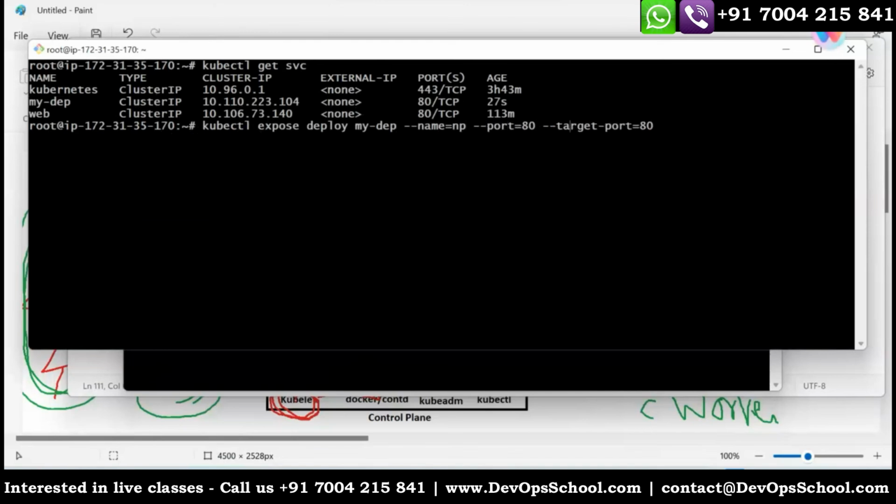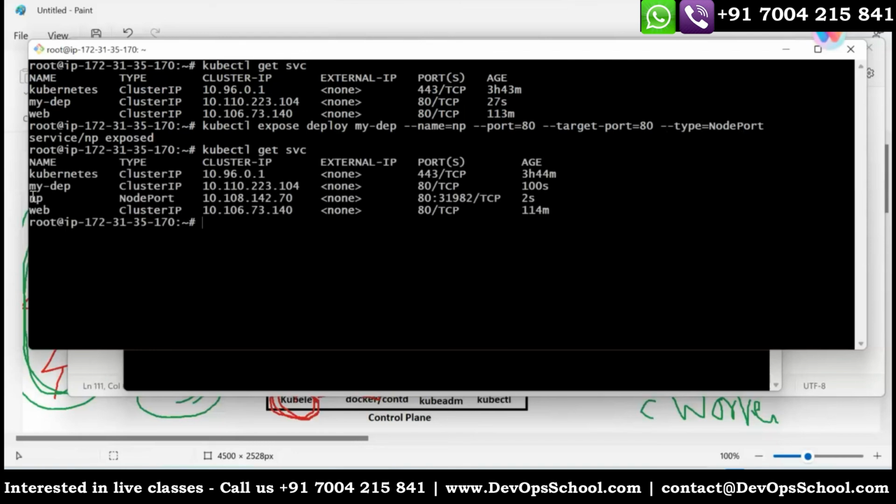I am naming it, and type is equal to Node port. This is case sensitive. Earlier cluster IP was the default, and now node port. So see the difference. This is the one. So here you got a cluster IP also, and this is the service